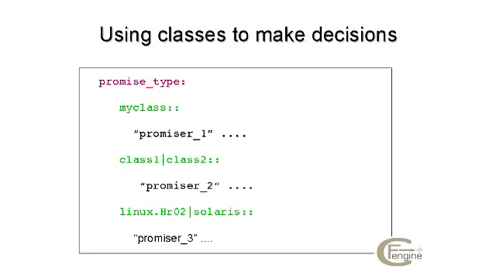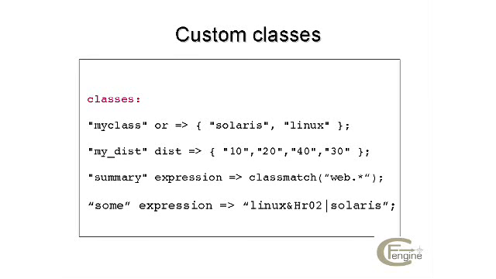We can create our own classes by aliasing existing ones, or by creating further tests that we base on the environment. We can probe the environment for certain things and base things on that. To do that, we have classes promises. Classes promises are in a category of their own with a single colon. And then, for example, the first promise here says that my class, which is just the name of a new class, promises to be